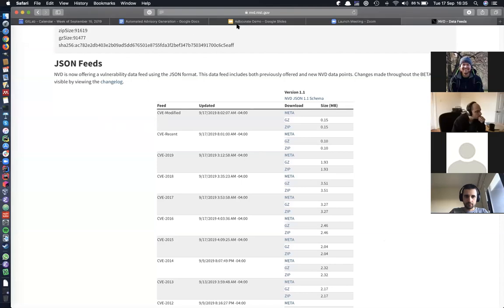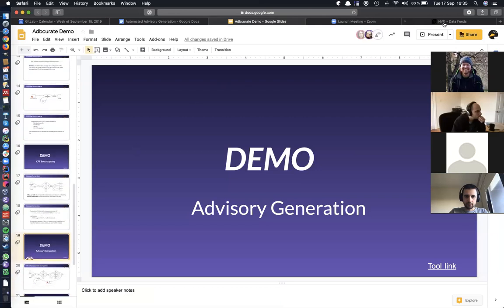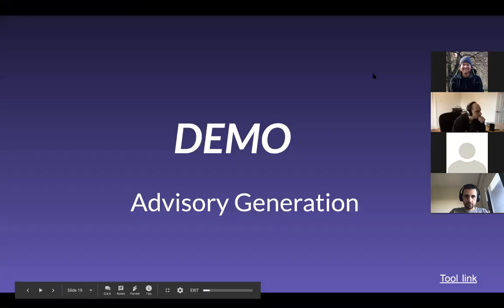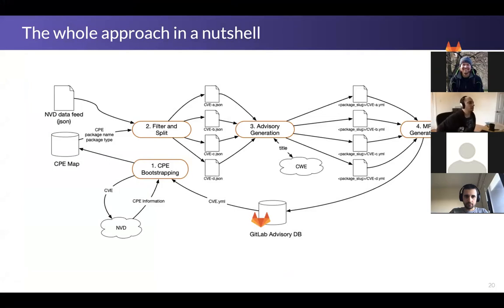Okay, so this was the advisory generation part, and this is the whole approach, basically, in a nutshell. There's one piece that's missing. That's the MR generation. We'll just show that step. But this is basically the whole overview of the approach, and